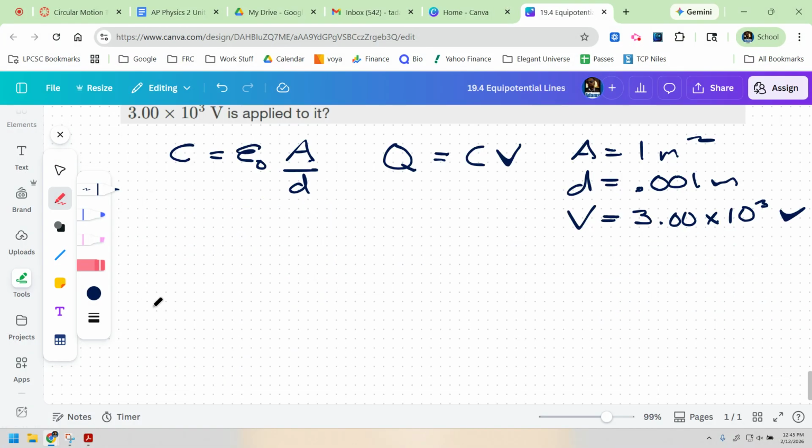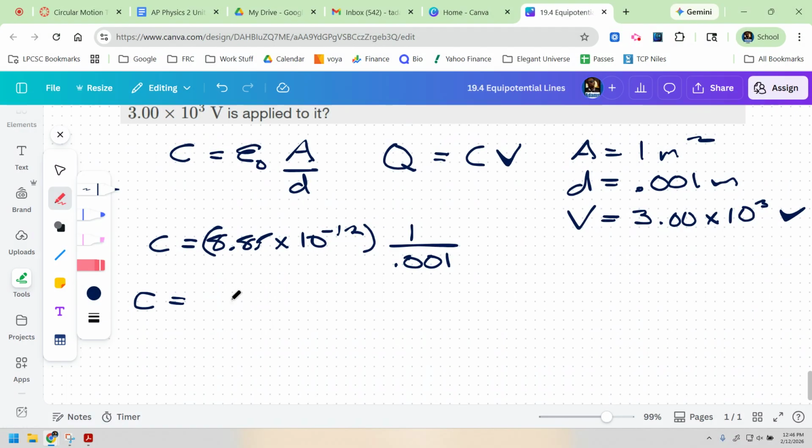So the first thing I want to do is calculate the capacitance. So the capacitance is equal to 8.85 times 10 to the negative 12, right? Times the area, which is 1, divided by 0.001. Oh, that's going to be a big number. And then that gives us